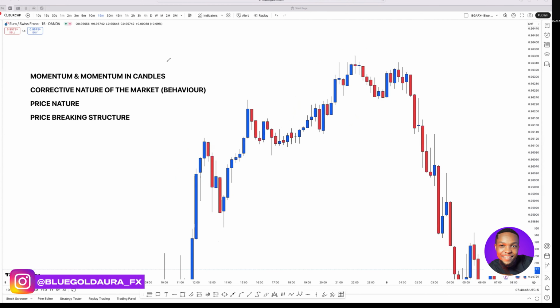So that's it about momentum, right? Now let's get to the corrective nature of the market. This is a market behavior that comes from how the market moves generally, whether buyers are buying, sellers are selling. We'll see that if we combine the momentum that I was talking about with the price structure, we'll see that